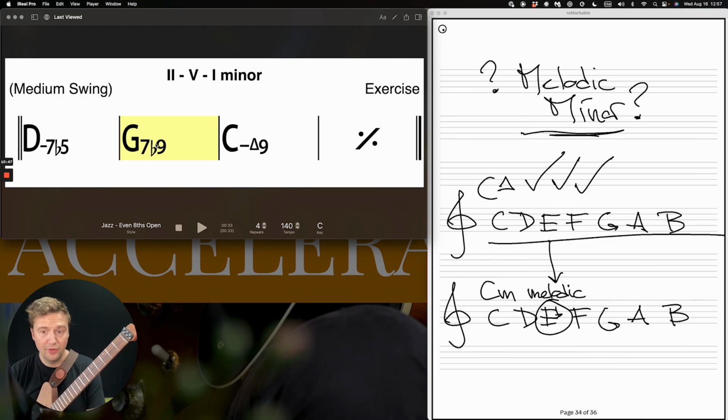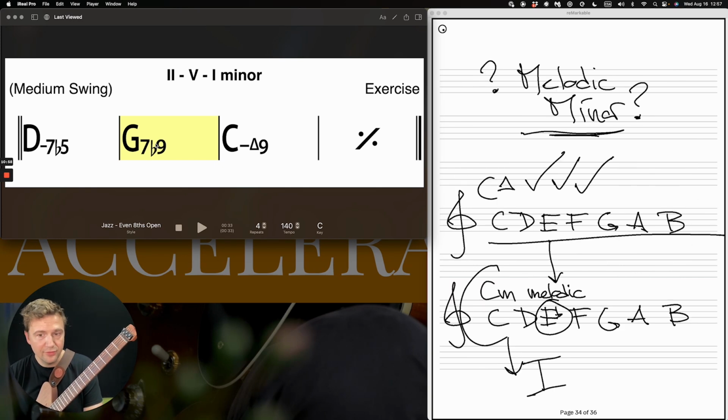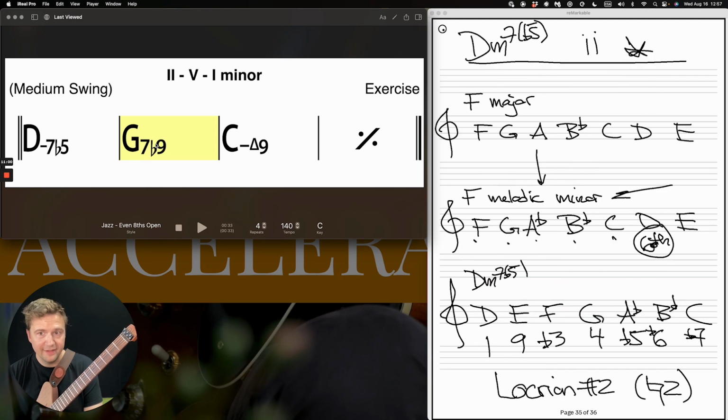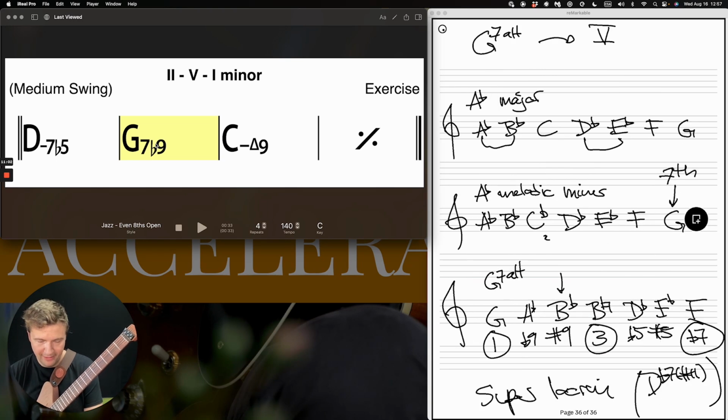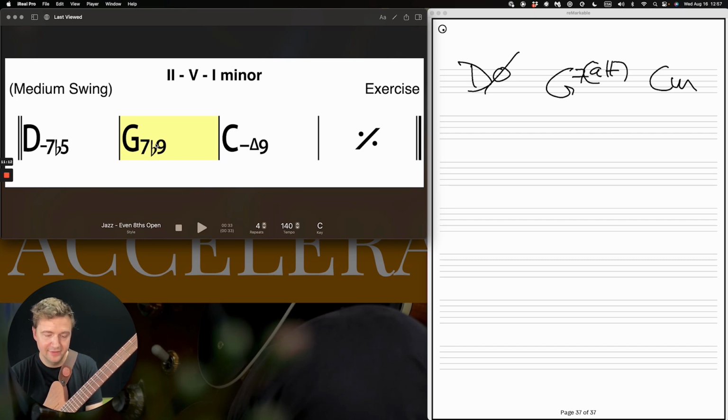and now all we have left to unpack is the C minor. So for our 1 chord, I'm going to get back a few screens. I'm going to get the C melodic minor, so I go 1, and we have actually looked into these 3 scales. So we have the F, the A flat, and the C. I'm going to bring to your attention one of the fun things while I browse through the sheets that we've written. So I go D minor 7, I'm going to write it like this now. D minor 7 flat 5, G7 alt, to C minor of sorts,